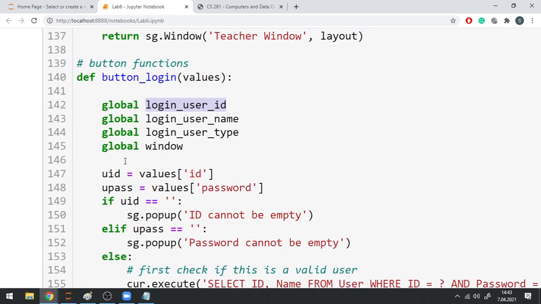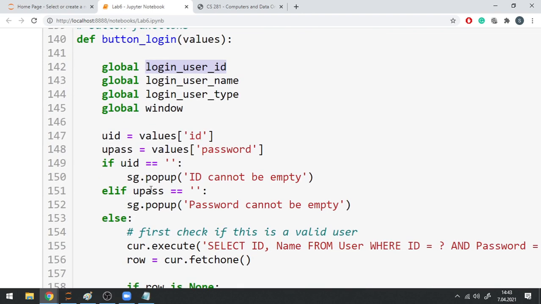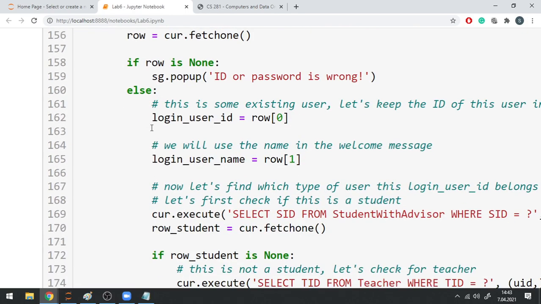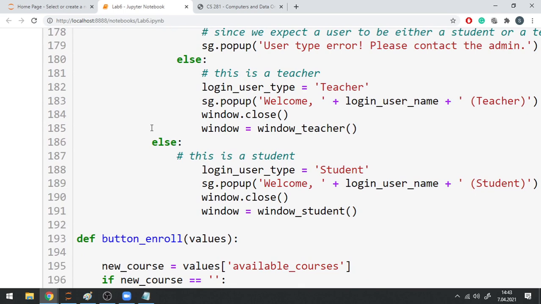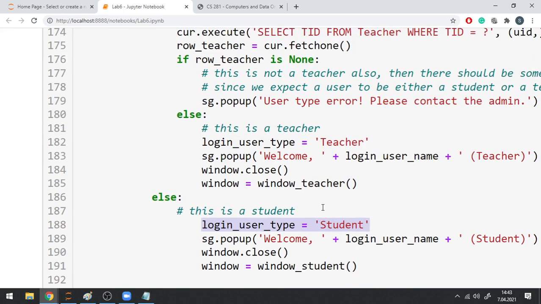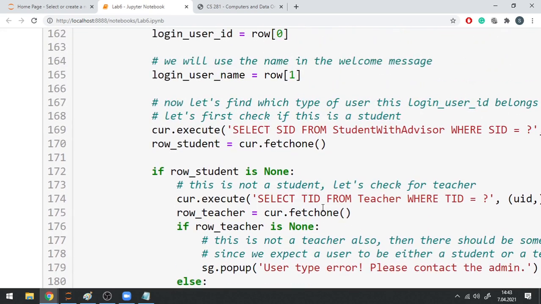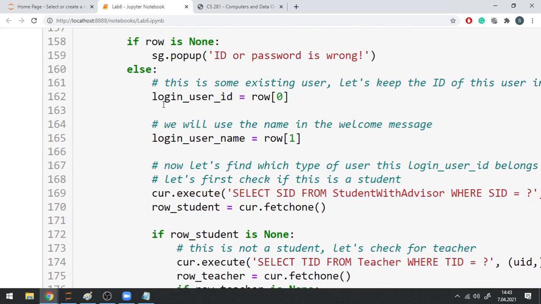But if we are setting the value within a function, then we need to explicitly say that this is the global one. Otherwise, it will be kept as a local variable. So whenever I find the user, for example, I set login user type here. For example, whenever I decide that, okay, this is an existing user with that ID, I set login user's ID to some value from